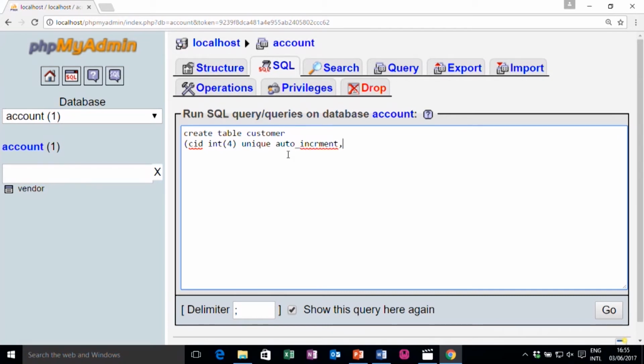This is my first column. Then I can write customer name, first name or last name. I give it customer name, it is varchar and it is 20 characters. Then customer, let us say city, it is again varchar and let us say 25 characters.